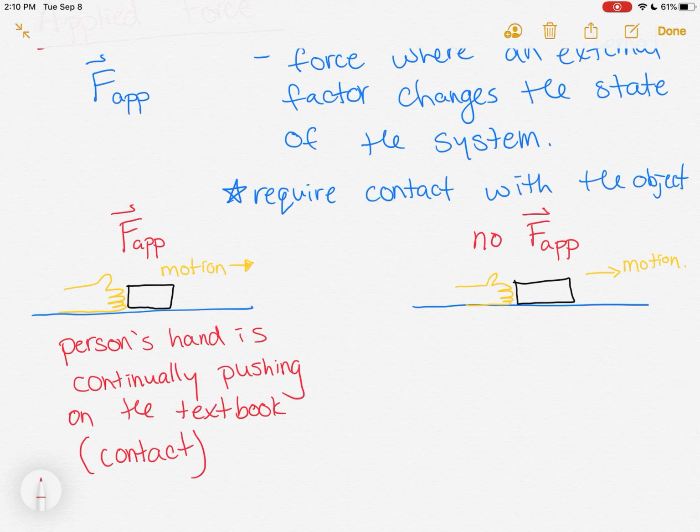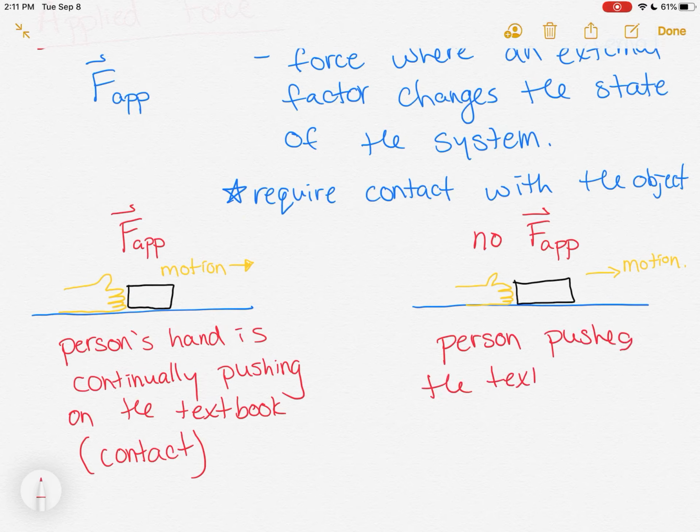There is always contact between the hand and the textbook. So the person is pushing the textbook across a table, but the person's hand is in constant contact with the textbook. On the right side, there would be no applied force in this example because the person